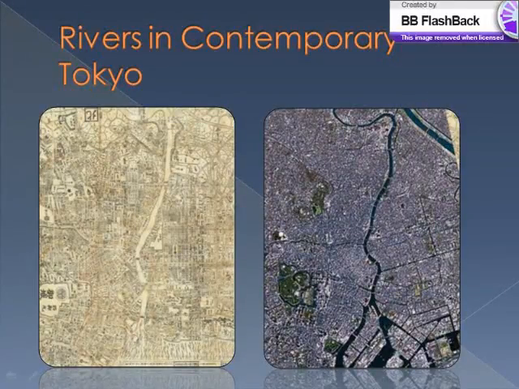On the left is our 1803 map of Edo, zoomed into the Sumida River and rotated to have north at the top. To the right is a Google Earth image of the same area. The first difference between the two maps that we noticed, and one that we did not see in the Moscovian maps, is a pretty distinct alteration in the actual structure and course of the river.